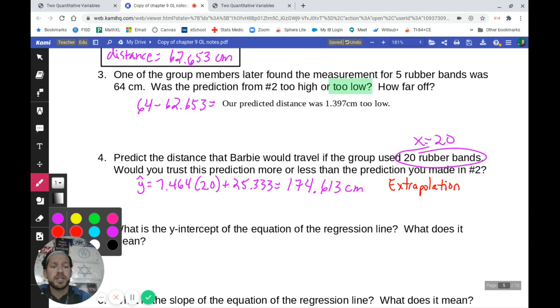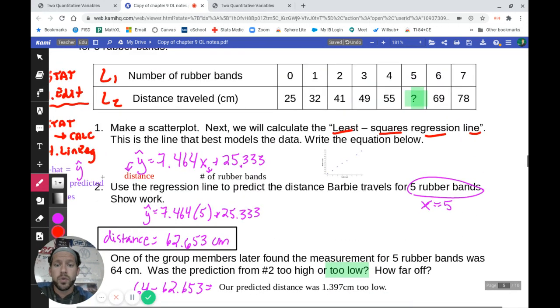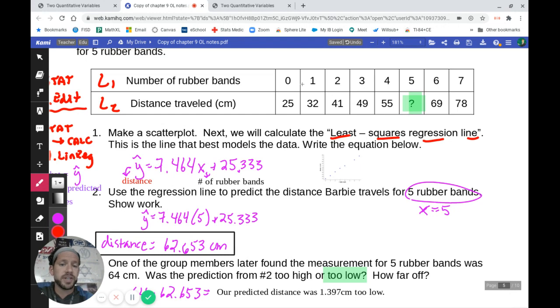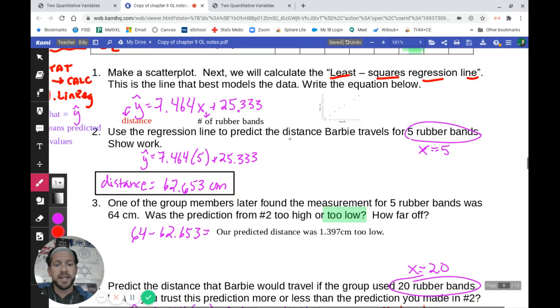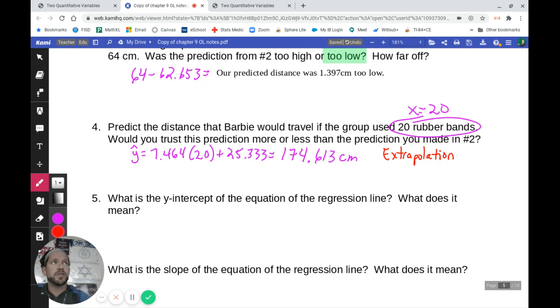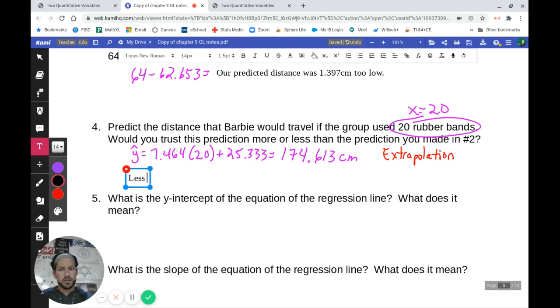So this word extrapolation tells us is when we find a predicted value from a number based on something outside of the values we use to create this equation. So we got this equation from numbers between 0 and 7. So 20 is very far outside of that range. So we're extrapolating our data to a value that's outside of the prediction. So because that value is outside of the values we're given, we are less trustworthy of this number,